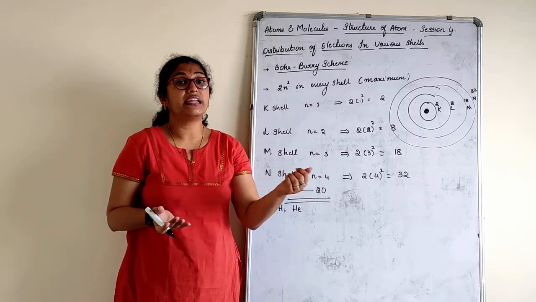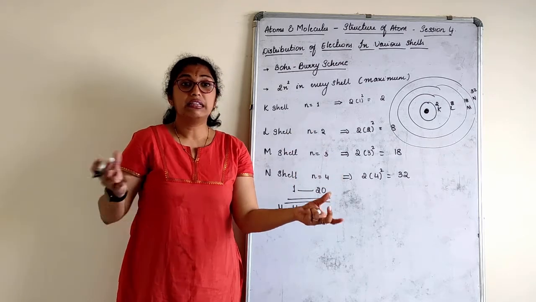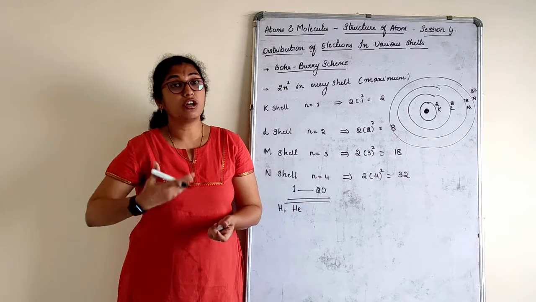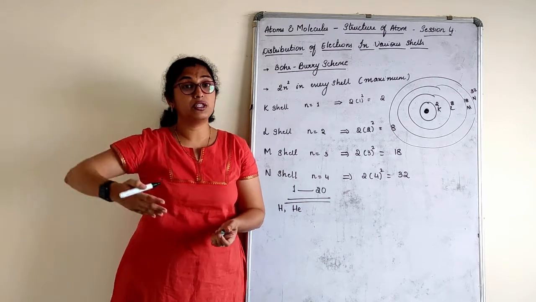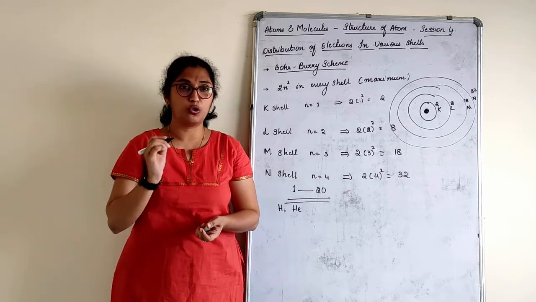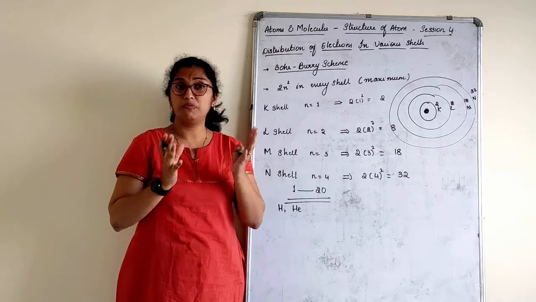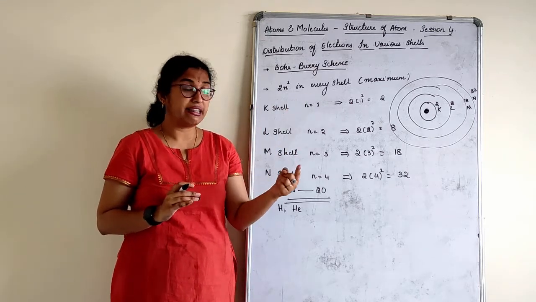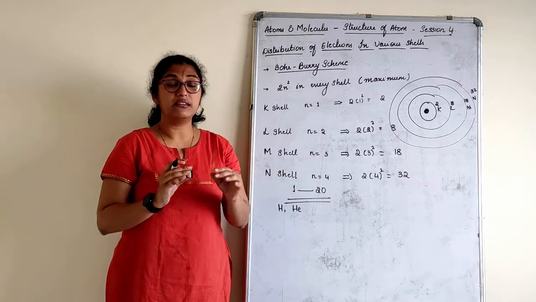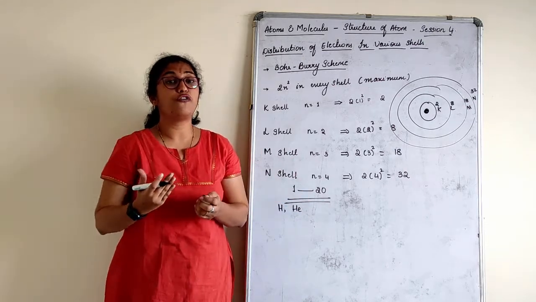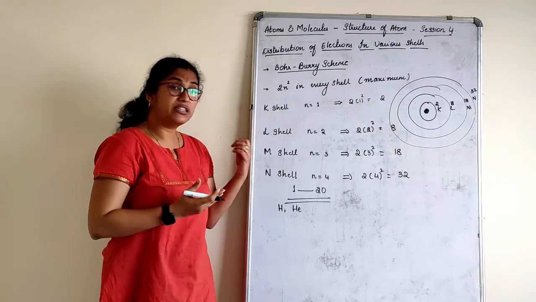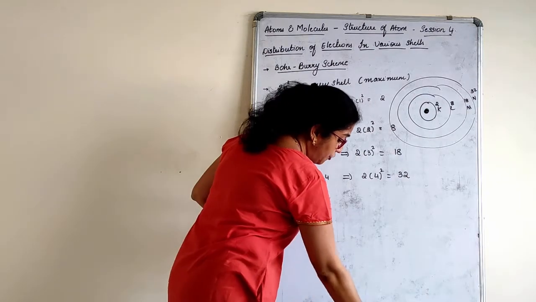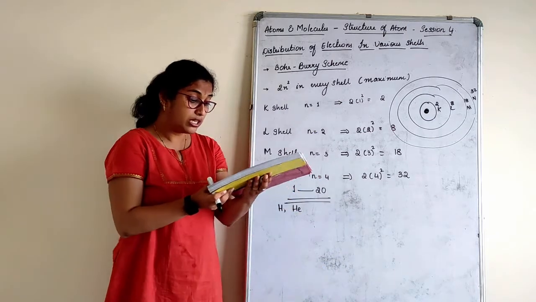But we can't arrange only by metals and non-metals. There are so many properties which we have to see. Based on that, numbers were given: which period, which group. So let's not break our head, because we're going to study that in periodic classification in standard 10. Here we only understand the first list of 20 elements, which are also given in your book, from hydrogen to the last element.